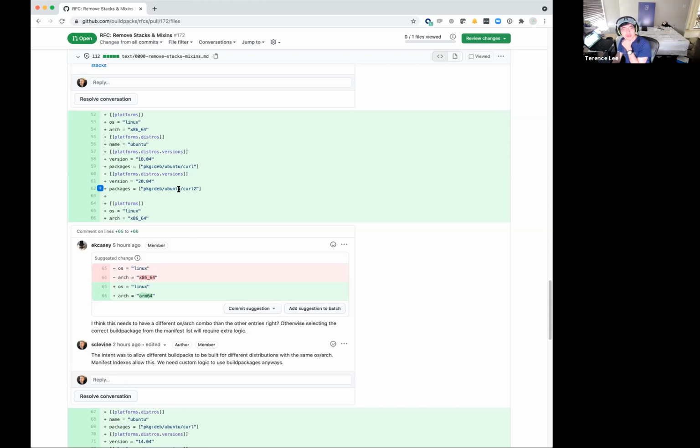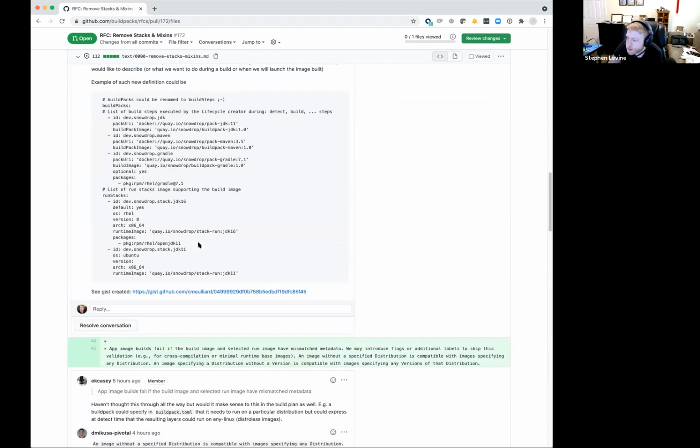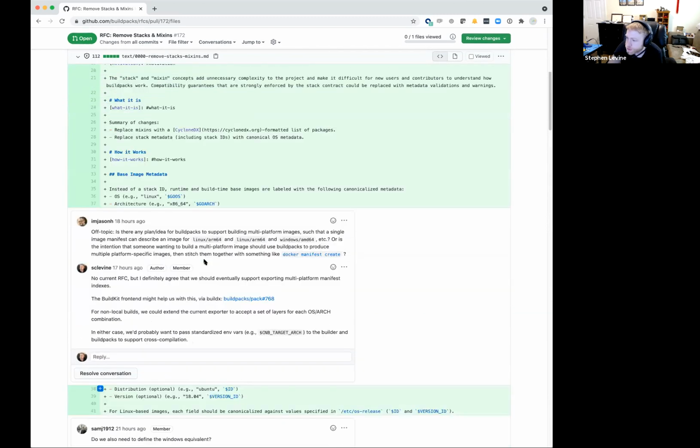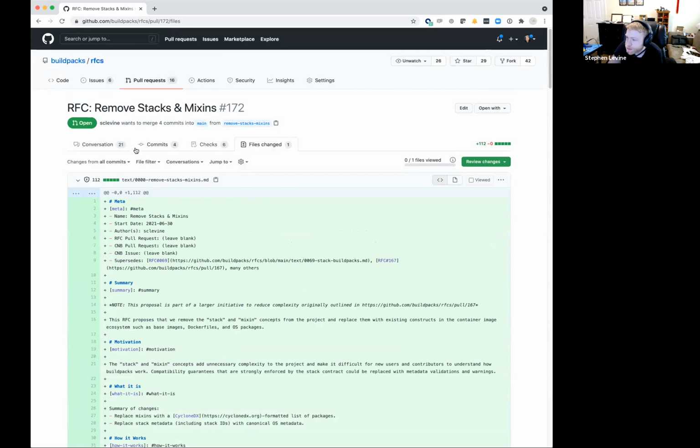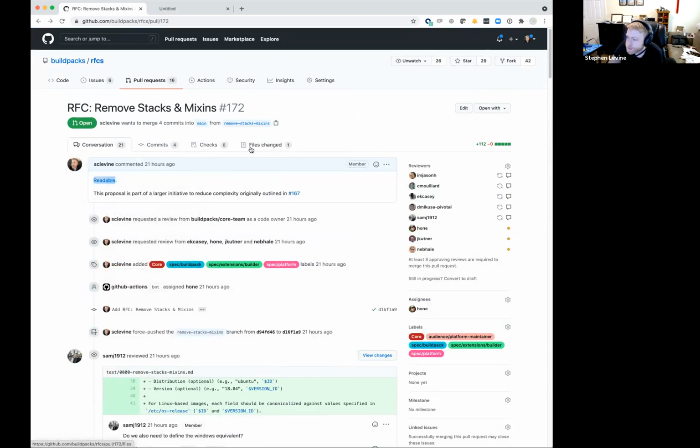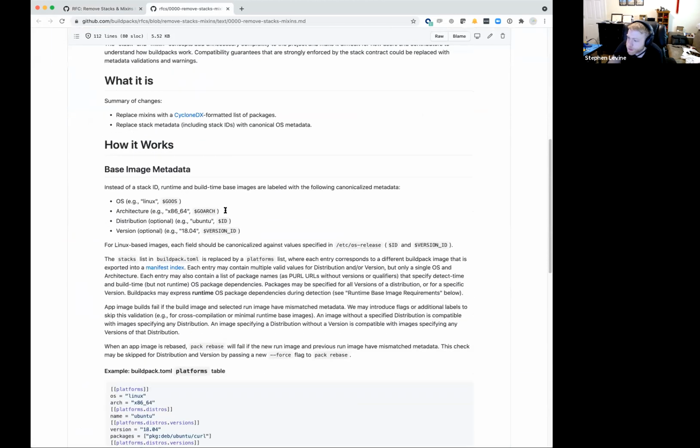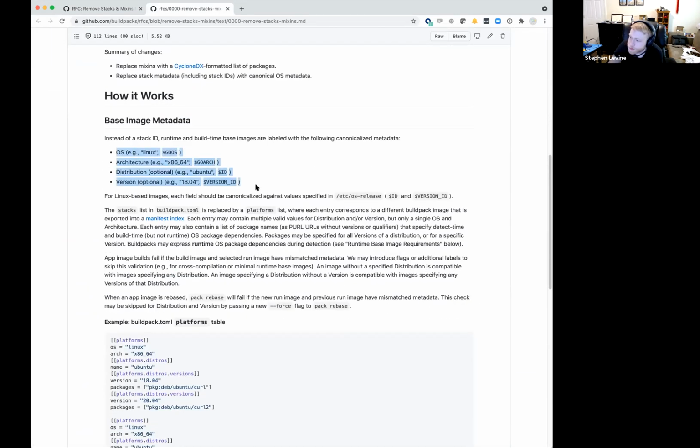Are these distro lists that you're getting from names standardized somewhere, from one of the tools that you're using? Yes, so that's not even from a tool, it's from the things themselves. So up here, maybe I should move to the commentless version for a second, that might be easier. All these fields are canonicalized against OS release, or at least these two are OS release and these two are kind of the standard, and I use the ones from Go, architecture and OS names. So that's the OS release on any Linux distribution. It gives you an ID that's really consistent and a version ID that's also really consistent.